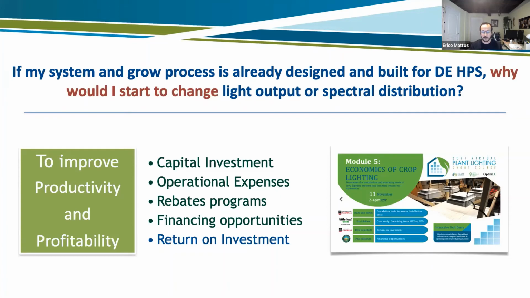Take advantage of the rebate programs. There are national programs run by the USDA, but there are a lot of local, state-level programs run by the utility companies. They will help you. I know most of them even have energy audits for free. It is beneficial for them that you are energy efficient as well. So they can come, they can help you understand how much you're using, what the baseline is, how much rebate you can get on the lighting systems, but also, John, to your point again, on the controllers, you can get rebates for that as well.